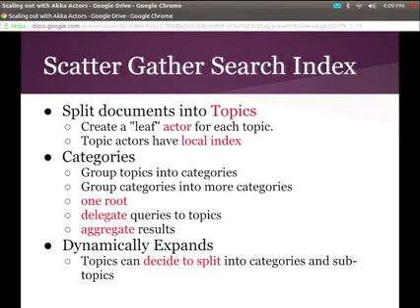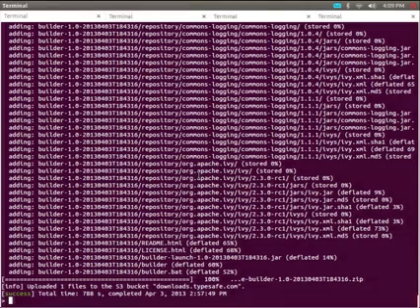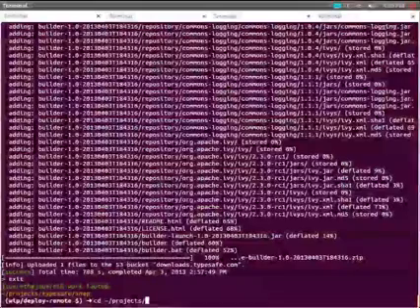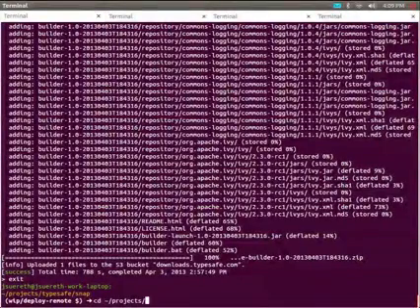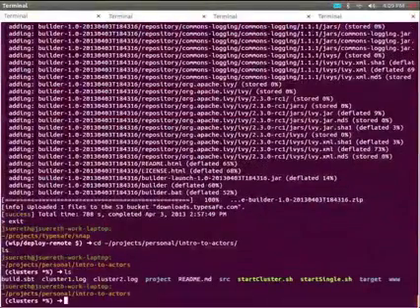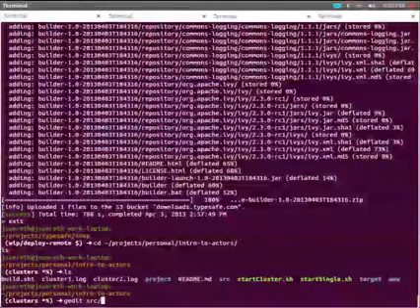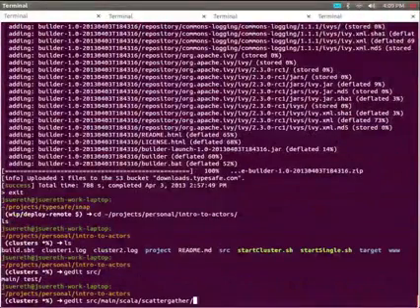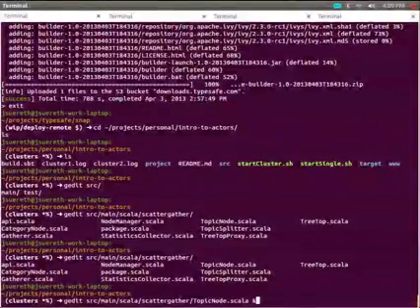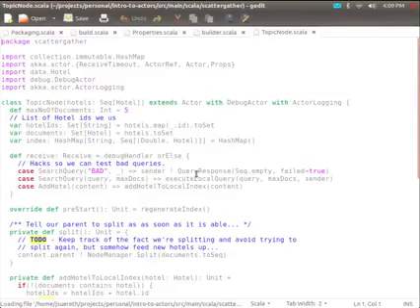And unfortunately, to walk through the code, I'm having resolution issues here, so we're going to have to do it this way. All right. So, source, main, Scala, scatter, gather. We'll look at what a topic node looks like, just to give you an example for actors, okay? For those of you who are unfamiliar.